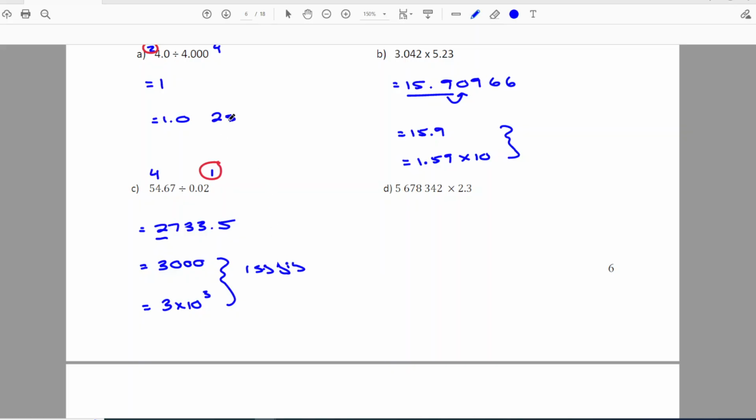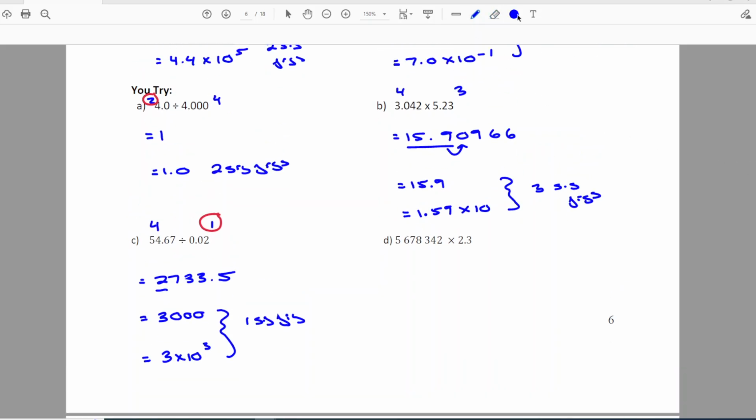This is 2 sig figs. And this is 3 sig figs. All right. This next one, I'm just making sure my notes all look the same. Should have circled this one. All right, this next one we've got